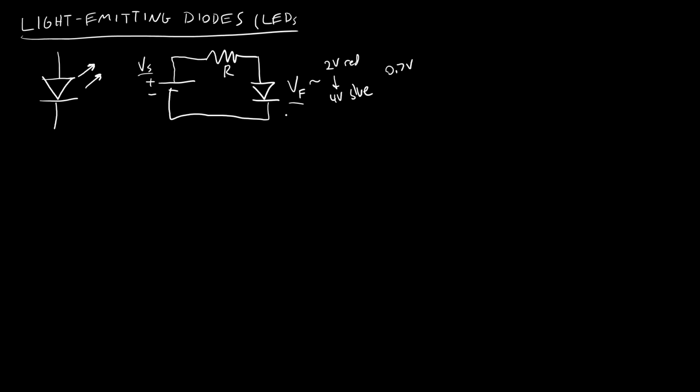You also know the current rating through the LED, which for typical LEDs, the little indicator lights we see on everything, is usually going to be in the milliamp or very low tens of milliamps range. So 20 milliamps, for example, is a common value. That's how much current the LED can handle before it burns out. So the question you then have when designing a circuit with an LED is, okay, what should this resistor value be? That is called your current limiting resistor,